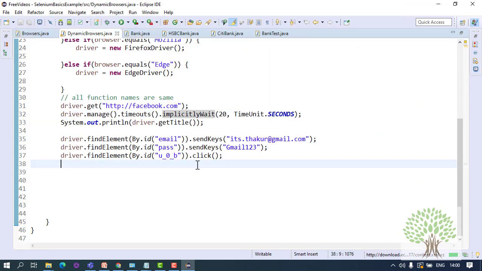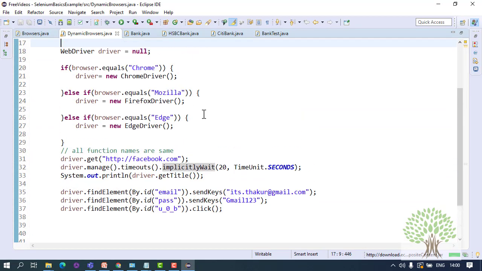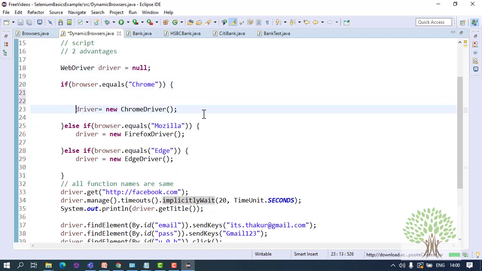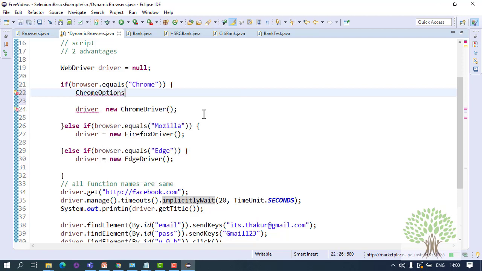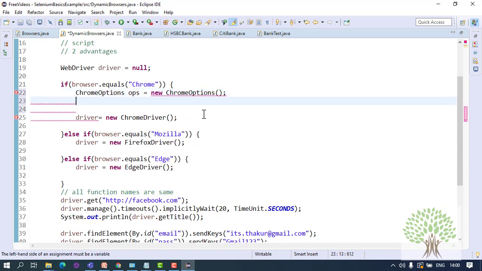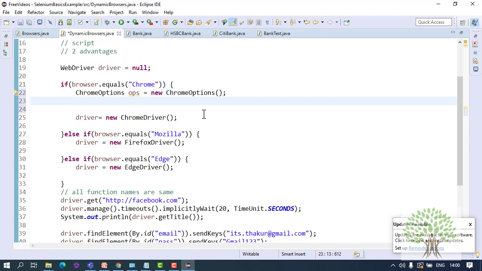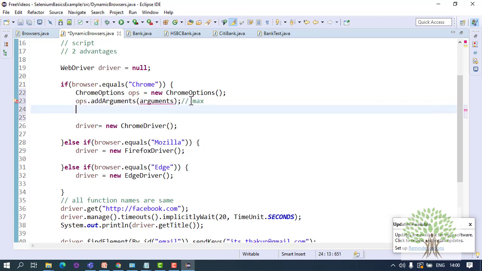We will have to create the object of, in case of Chrome, we will have to create the object of Chrome options. Fine, and we will have to add the arguments inside it, that is options dot add arguments for maximizing the window and for disabling the notification.